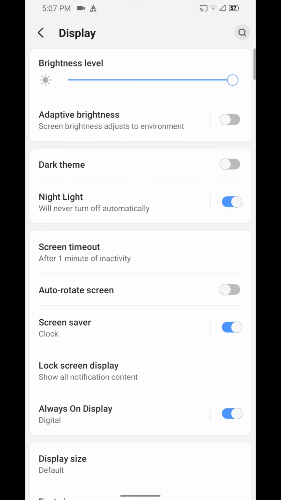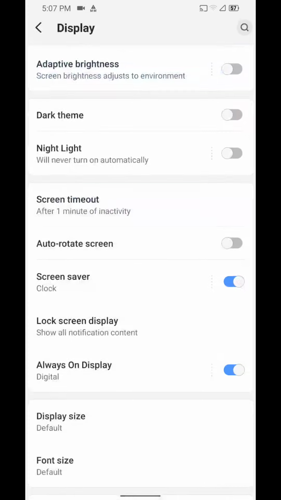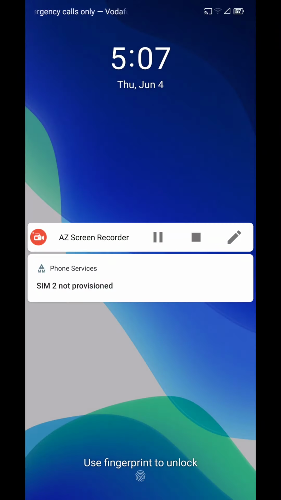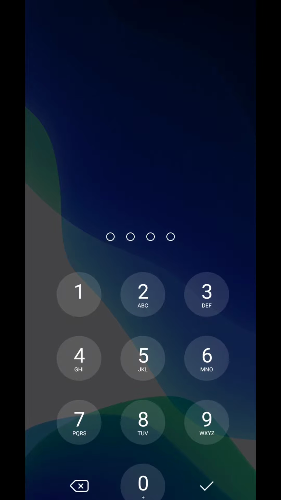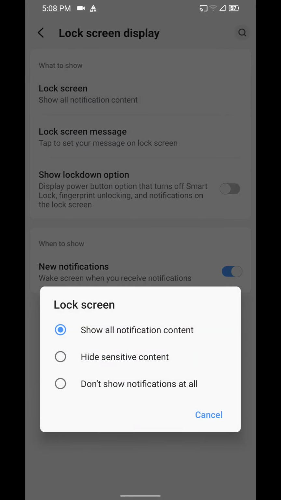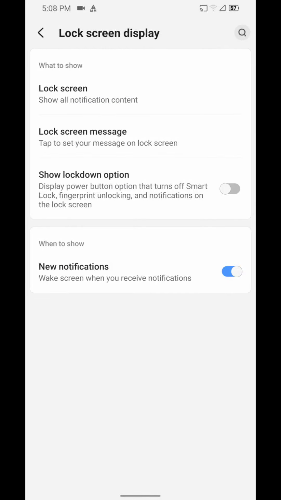You also have the night light. If you want to, you can also change the intensity. You can also auto rotate the screen. You have this screensaver option, but I don't know if anybody uses this. Oh, the new feature, the lock screen display, that is the ambient display. You won't be getting this ambient display on this ROM, as you can see. Also the fingerprint scanner is working great, you can see from here. So you won't be getting this always on display option.